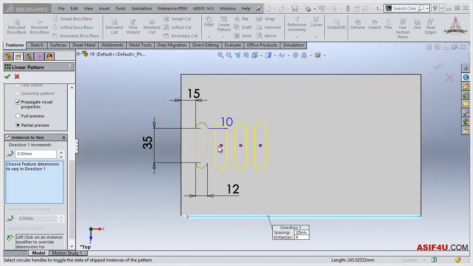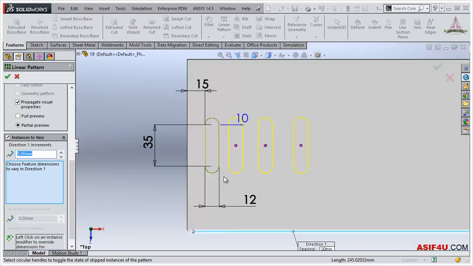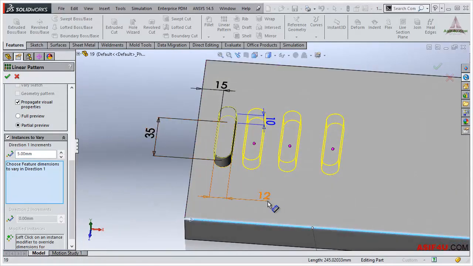If I see from the top, and I put the incremental value 5 millimeter, what is the difference? The difference is, suppose this distance is x millimeter, this distance will be x plus 5, and this distance will be x plus 10. So this is the increment. And if I want to change or vary this dimension, these 3 dimensions,